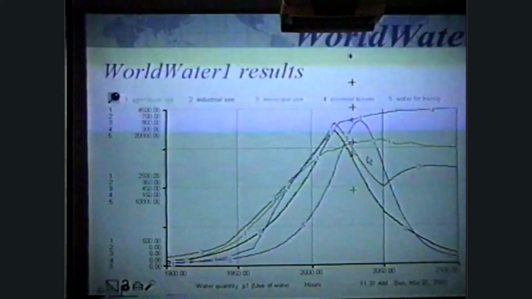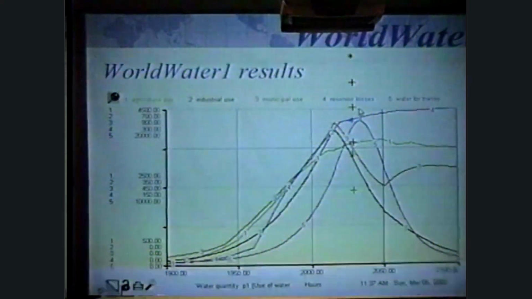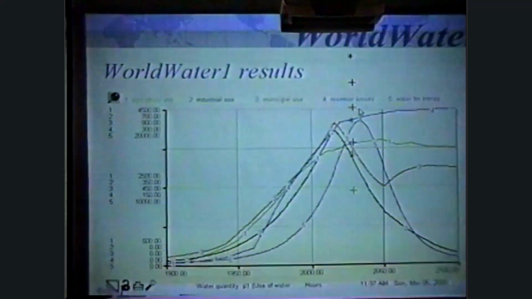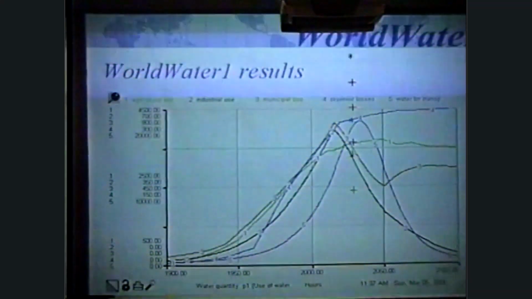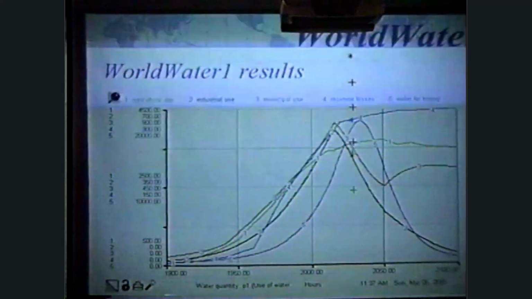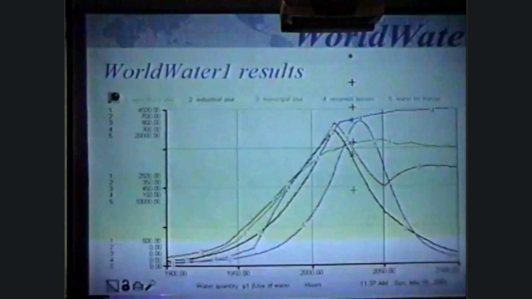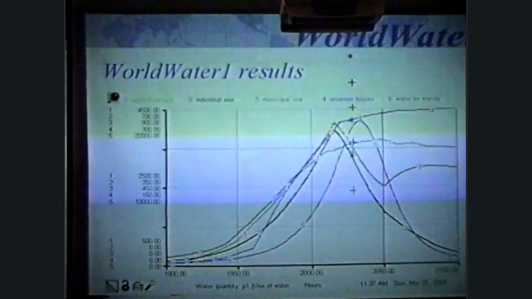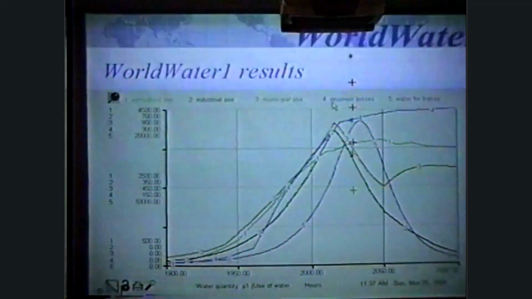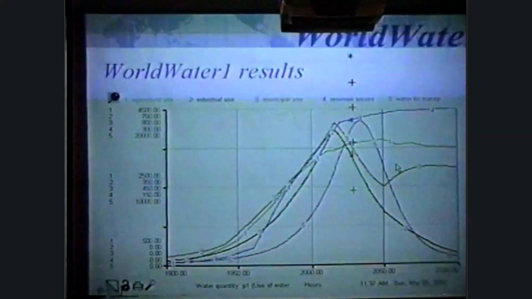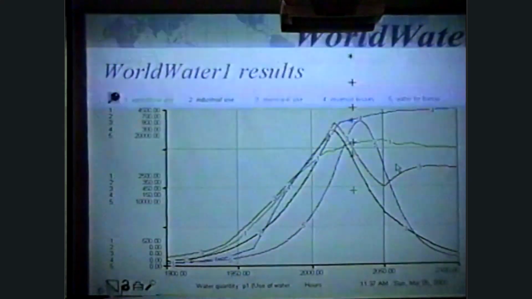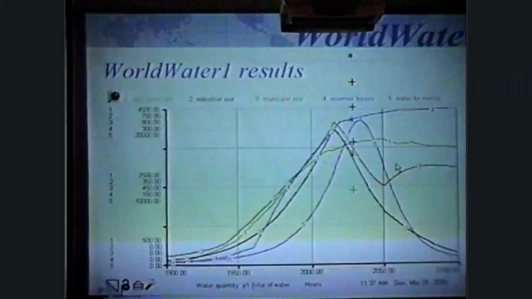The predictions being made here are totally independent of the processes occurring in industrial development, in population growth, in food production. These predictions are being made on the per unit use of water and predictions of the population growth, not the model of the population growth, or the prediction of the industrial growth, not the model of the industrial growth. So I feel very comfortable that the modeling results representing this kind of graphical behavior over the period of time is capturing the character and the development of all these different sectors that are affecting the water